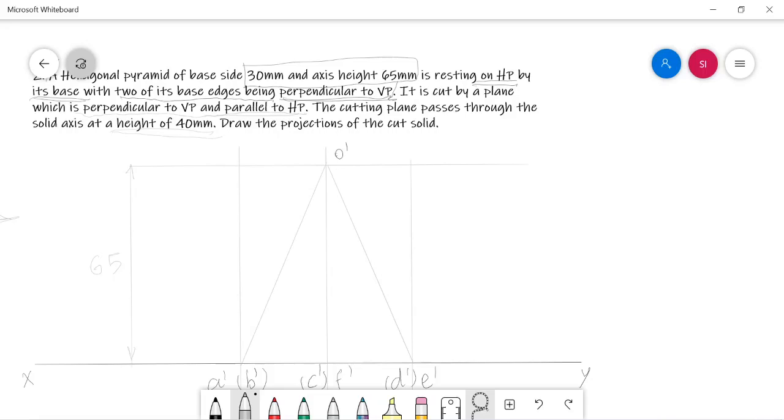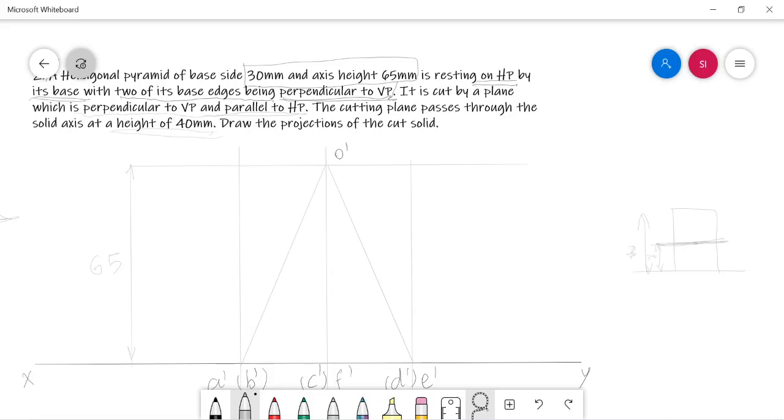In the last problem, the location of the cutting plane with respect to the axis was given as: the cutting plane meets the solid axis 30 mm from the base. This is the data of the last problem. There, the location is clearly defined that you have to take the distance from the base, 30 mm. So from the XY line in that problem, for that prism, we calculated the distance and made the cutting plane cut the solid through the axis.